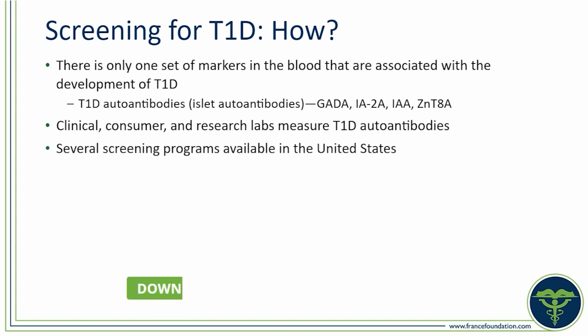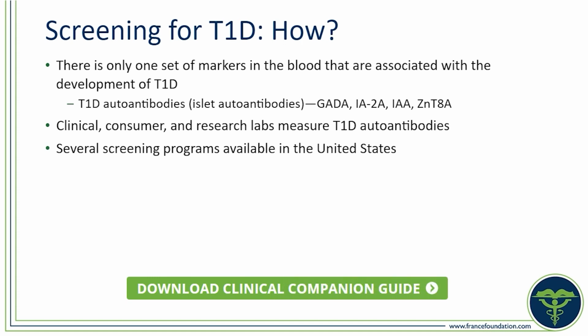Again, all 4 of these are available commercially, but there are also many research labs that measure these antibodies, as well as several screening programs available in the United States where you can get these antibodies measured for free. So in cases where measuring antibodies is a challenge, using a screening program like TrialNet, who screens family members who have type 1 diabetes, or ASK, who is a general population screening study, are very good options to be able